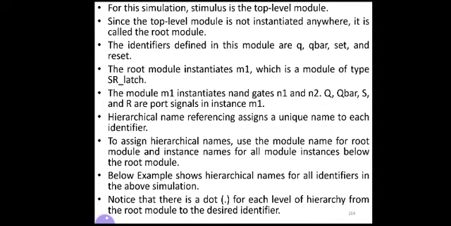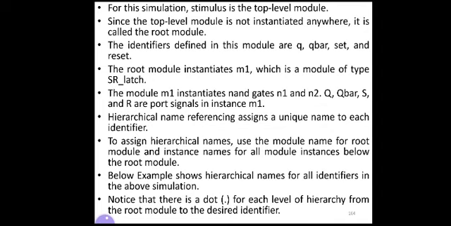Now hierarchical name referencing assigns a unique name to each identifier. As we see in the figure, there are a number of identifiers, and each identifier has a unique name. To reference that unique name, we use a hierarchical naming reference.